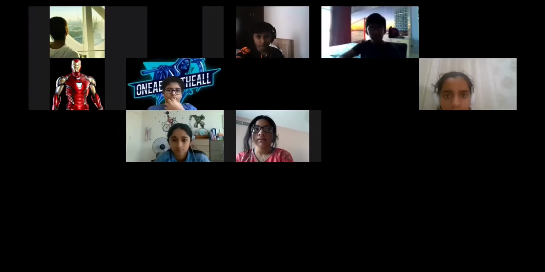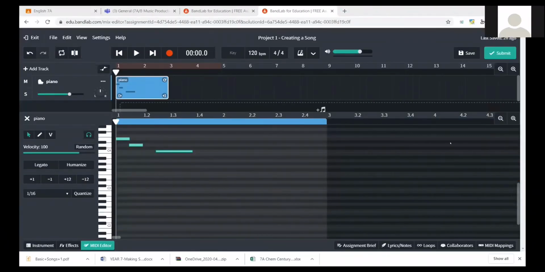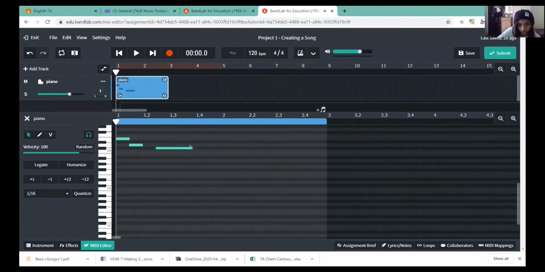And like how to stretch the thing out. Okay, share your screen. It's going to be a little bit of trial and error because this is new for you all. But once you understand it. Okay. So Ariana, take your mouse cursor to the edge of the note. Okay. Yes. You see that? Yeah. Now you can either pull it.